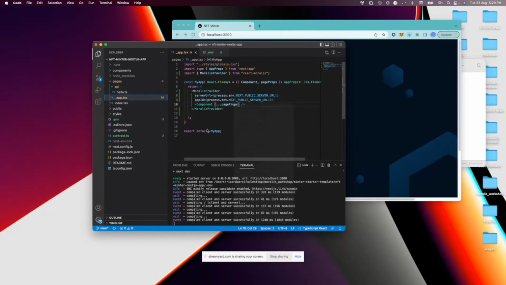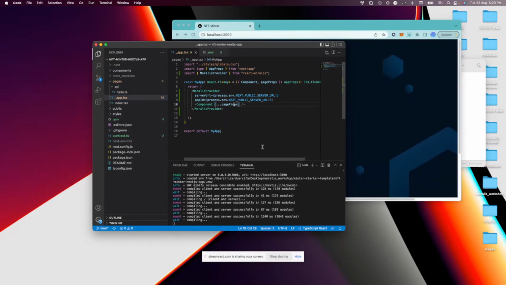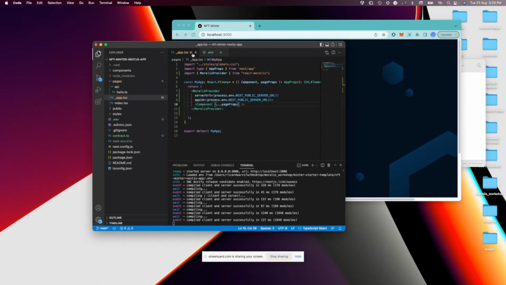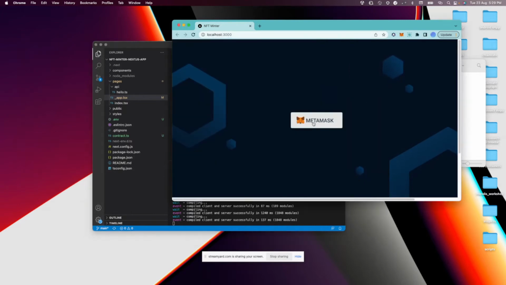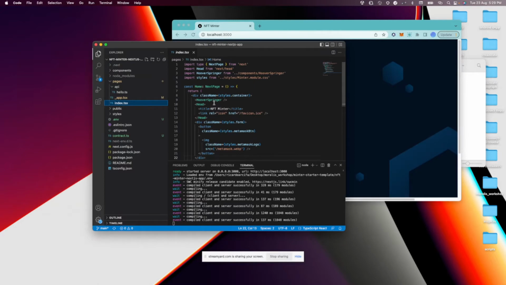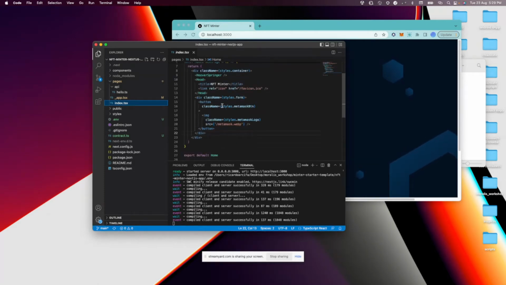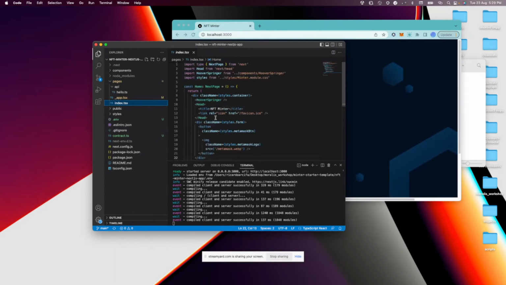Cool. And that's our Moralis provider wrapper. That's it in the main app file, which you can close. And still not much is going to happen here, because this file here, all it has is a description, some styling, an image, and a button that doesn't do much, as you can see. So let's change that